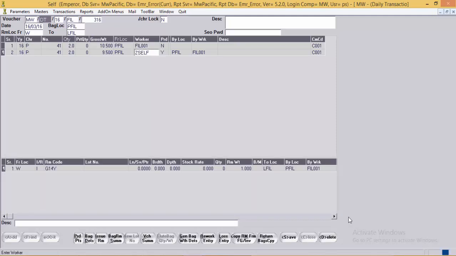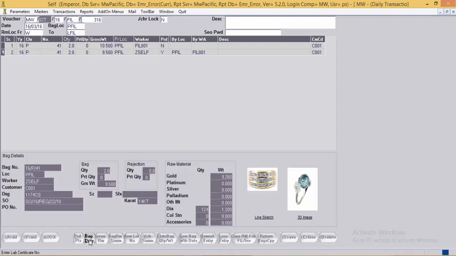Now after seeing the issue RM and the loss entry buttons, we will look at the other buttons also. First is bag detail. Here the system will display all the vital details related to the bag.